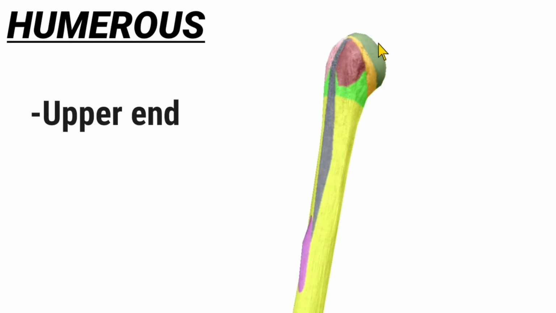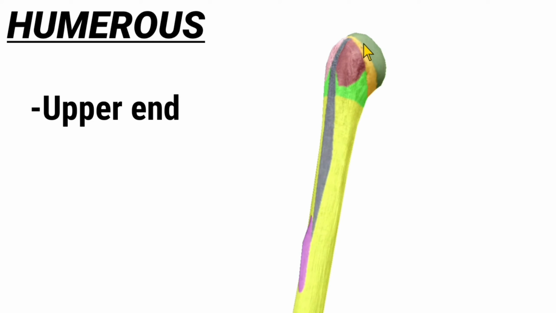About the upper end of humerus. In the upper end there is the head of the humerus, which is directed medially, backwards and upwards. This head of the humerus forms the articulation with the scapula, that is the glenoid cavity, to form the glenohumeral joint, also called shoulder joint. The line that separates the head of the humerus from the remaining part of the upper end is the anatomical